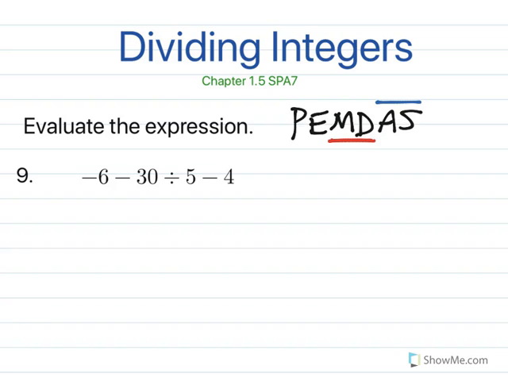So we first need to look, are there any parentheses? I don't see any, so I can move on. Do I see any exponents? I do not, so I can move on. How about multiplying or dividing? I do see a division problem, which is right here. Now, a couple ways of doing this. If you want to, you can simply divide this problem here and leave the minus sign. Or you can make it into a plus negative 30 and do it that way. Either way is fine. So what we're going to do is write it down as negative 6 minus 30 divided by 5, which is 6,